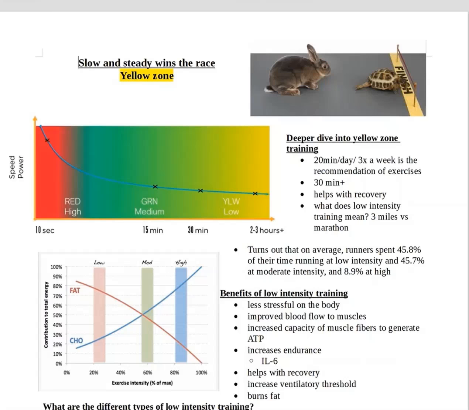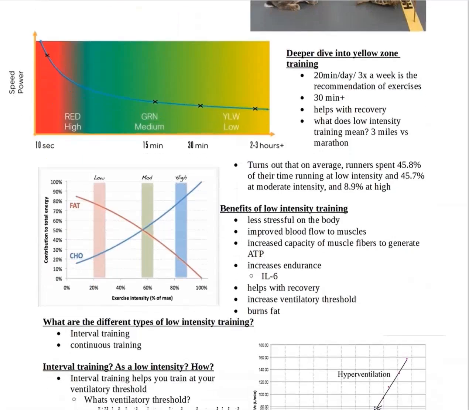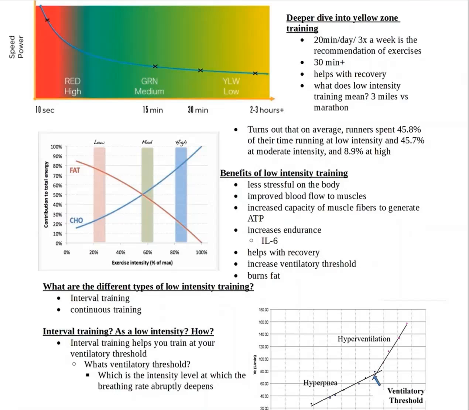Some of the benefits we see from low intensity training: it's less stressful on the body because we're not working at high intensity, and it improves blood flow to the muscle because we're building capillaries that provide blood and oxygen to the muscle. There's an increased capacity of muscle fibers to generate ATP. The body becomes adapted to it, and we see a split in the cells and an increase in mitochondria, so the muscle becomes more efficient. We also see an increase